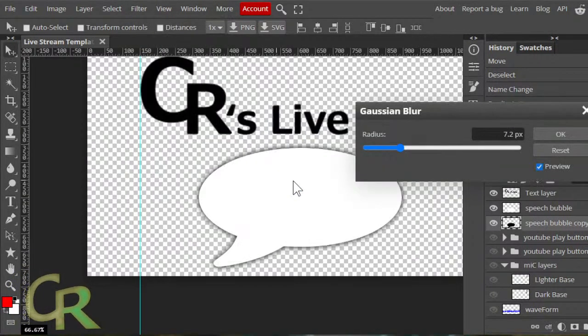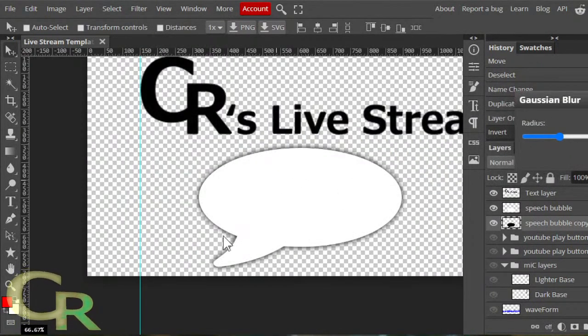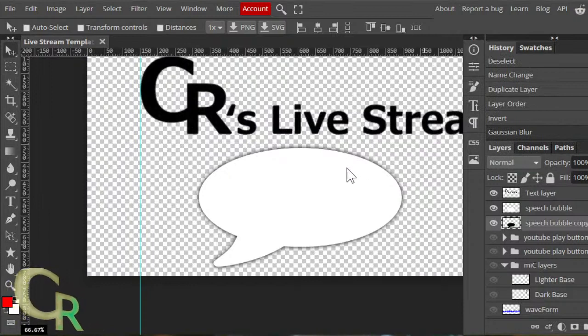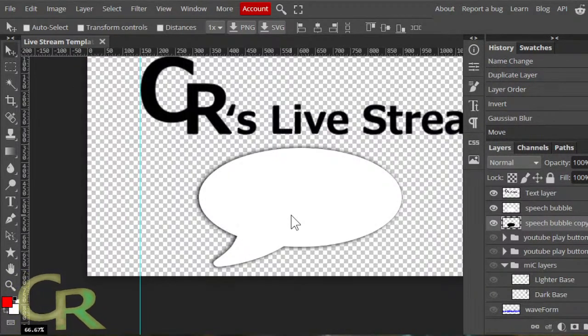I can go back to Gaussian blur here. I can add a little bit of an outline or shadow effect there. Not too much, probably. Don't want too much, probably around, let's say 5. I got it at 5.5. We'll be alright. Make sure my move tool is selected. That's also on the keyboard. Then use my arrow keys to move this, just kind of aiming it down a little bit more.